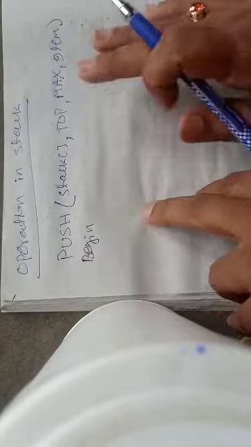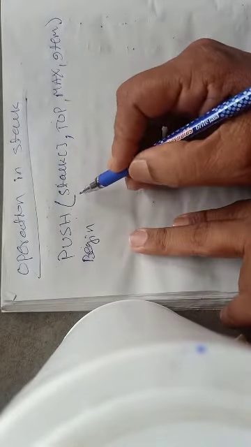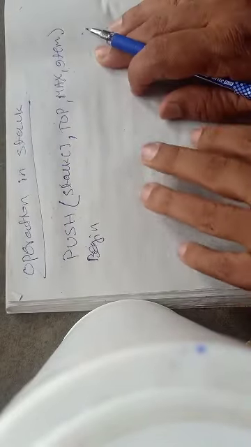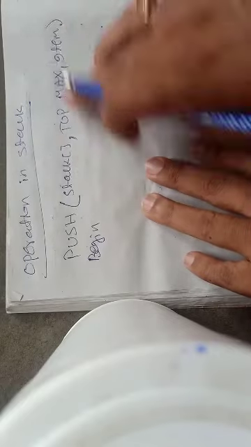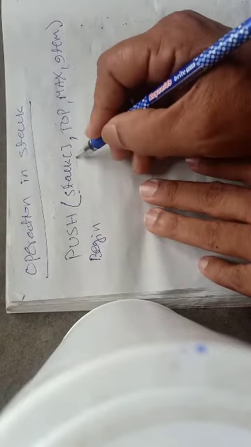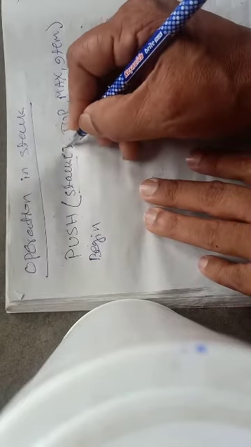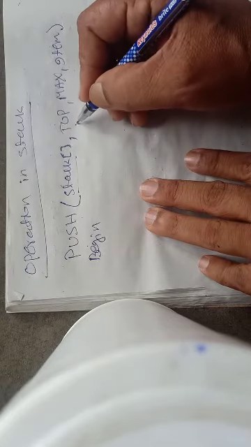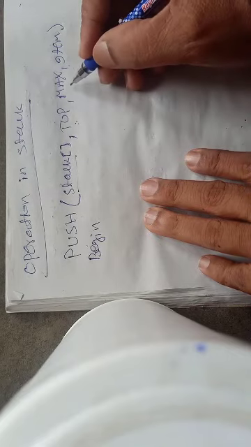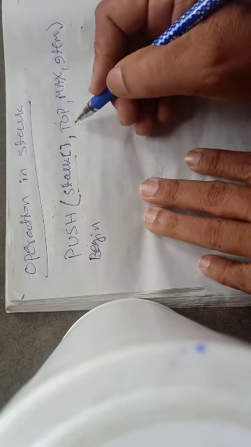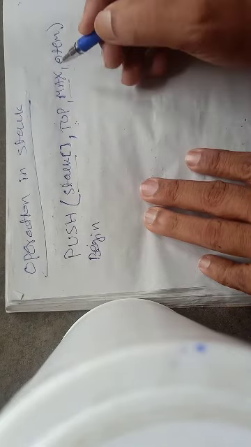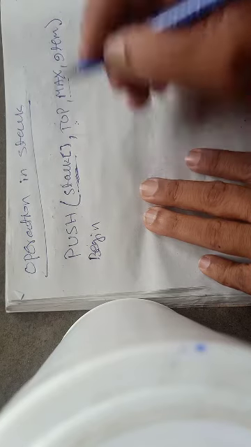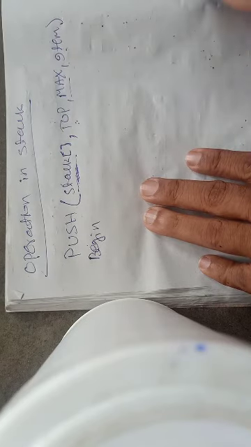Okay guys, so now the push operation requires certain parameters. There are 4 parameters that we have passed here. What are they? First one is stack, which is an array. Then top means it is a pointer or a variable that points to the topmost element. For an empty stack, its value must be 0. Then max means the maximum size of this array. Item means the data that we want to push.